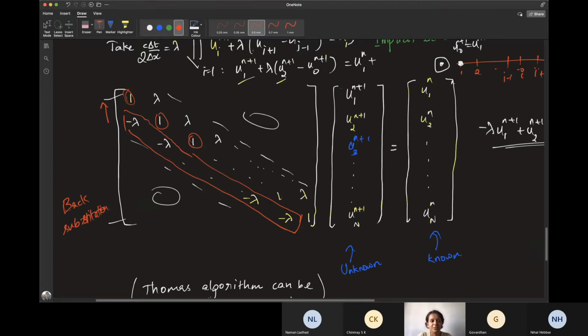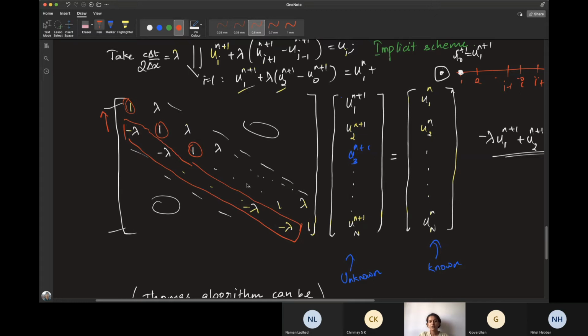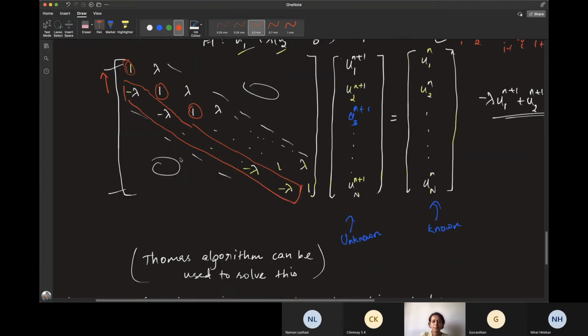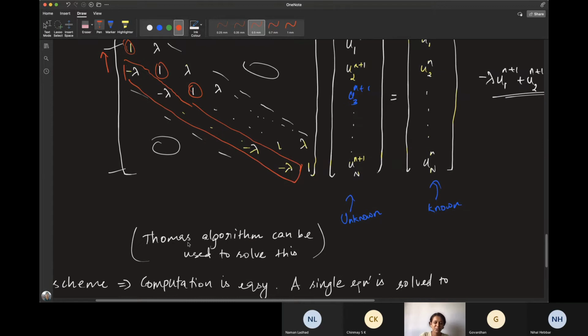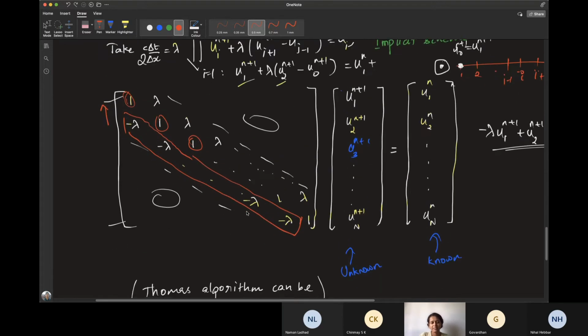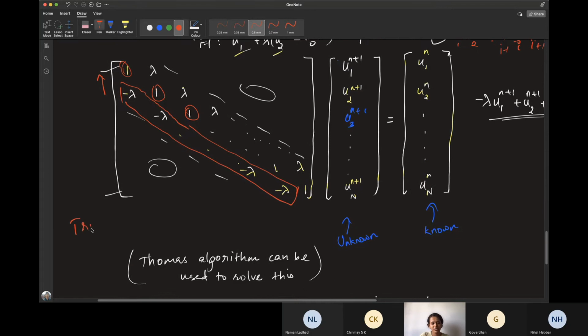Okay, fine. So now you can easily solve the matrix for all the time. Instead of making the bottom diagonal 0, you can also make the top diagonal 0, and go about doing forward substitution. Either of these is fine. So that's what is called the Thomas algorithm, or tridiagonal matrix algorithm.